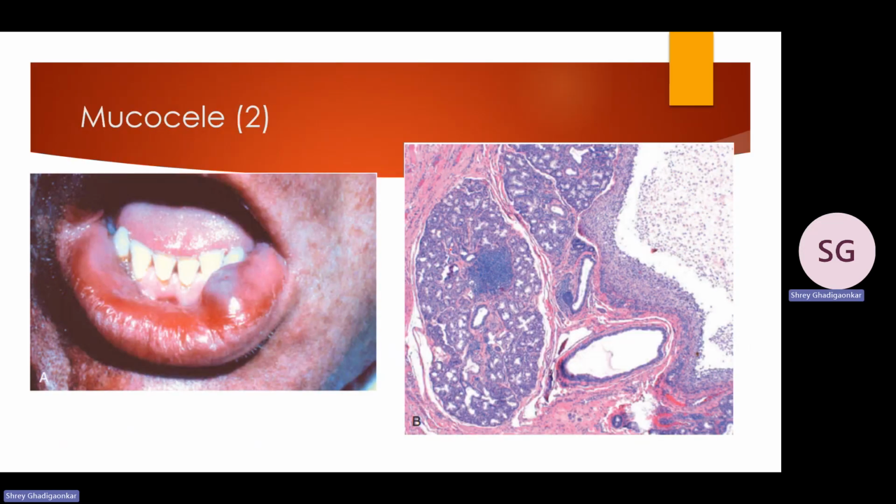So this is a picture of the mucocele, specifically in the lower lip over here. So this is most likely a retention cyst. And you can see the bluish translucent structure over here. This is basically the cyst. On the right side, you have the histological cross section of it, and you can see this region over here, which is the cyst, which is lined by epithelium. And in the middle, you can see the mucinous material, and this over here is basically the normal gland. So that's how it usually looks.